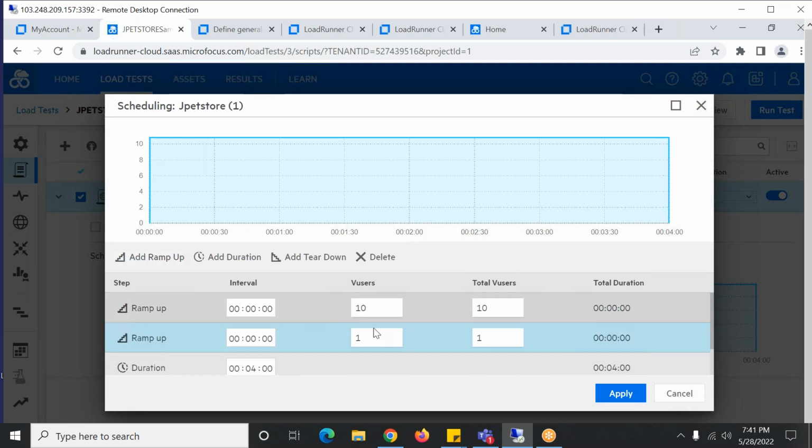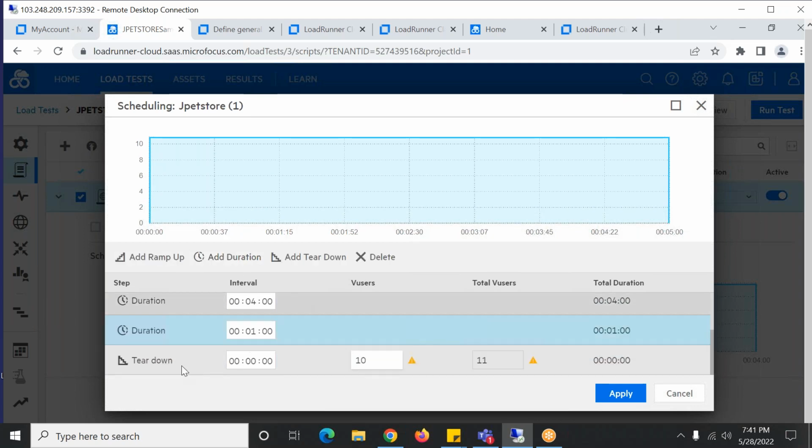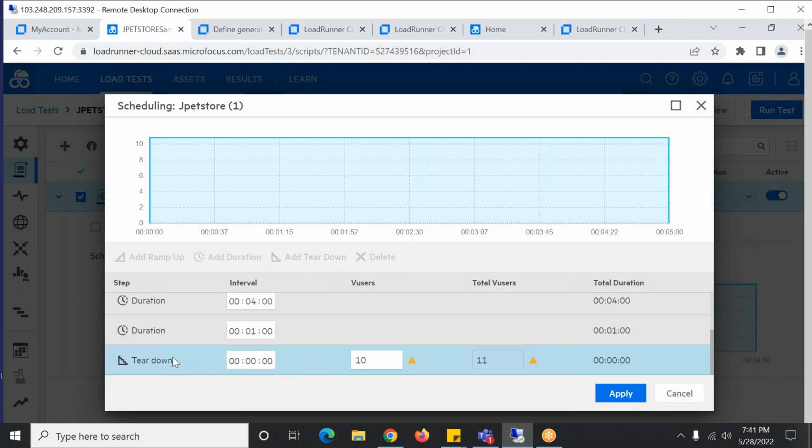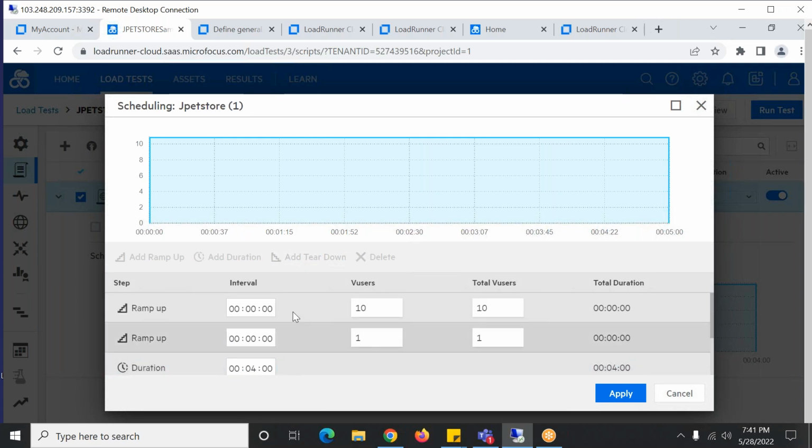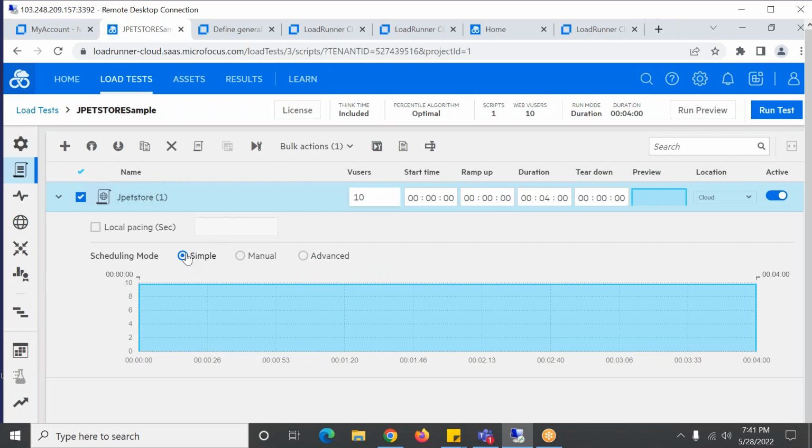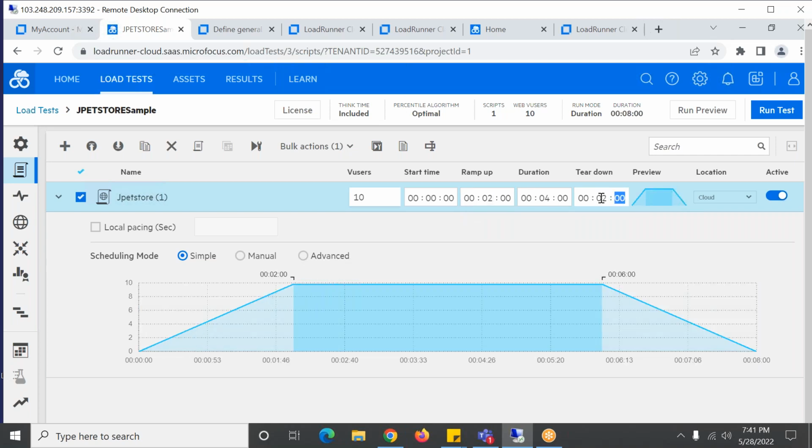You can add the ramp up, the duration, and the ramp down. Till here everything is clear? Yeah, clear. Any options did I miss?